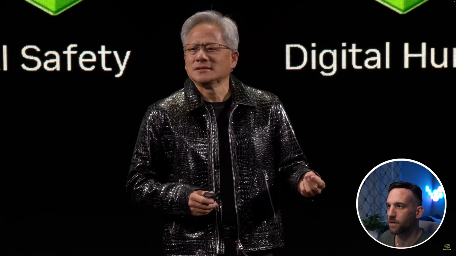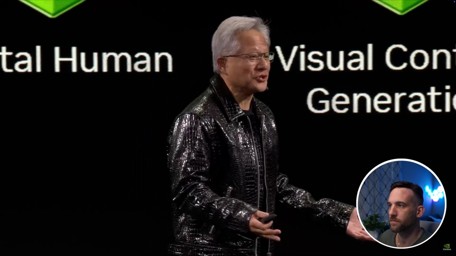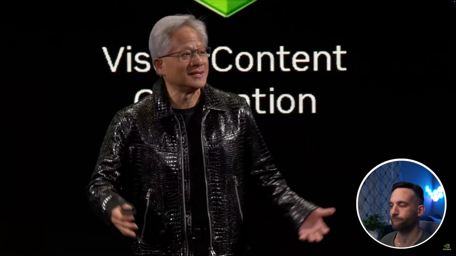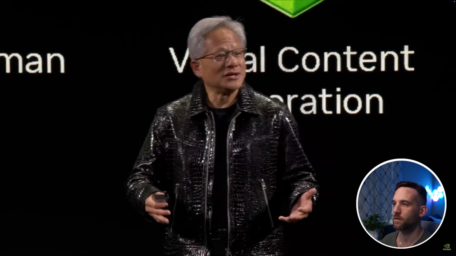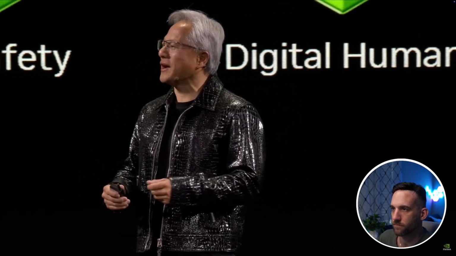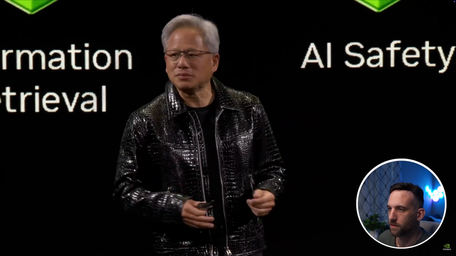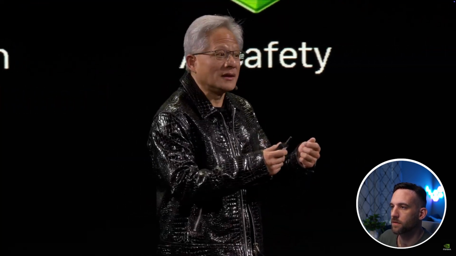In a lot of ways, the IT department of every company is going to be the HR department of AI agents in the future. Today, they manage and maintain a bunch of software from the IT industry. In the future, they'll maintain, nurture, onboard, and improve a whole bunch of digital agents and provision them to the companies to use. Okay, and so your IT department is going to become kind of like AI agent HR. And on top of that, we provide a whole bunch of blueprints that our ecosystem could take advantage of. All of this is completely open source, and so you could take it and modify the blueprints. We have blueprints for all kinds of different types of agents.